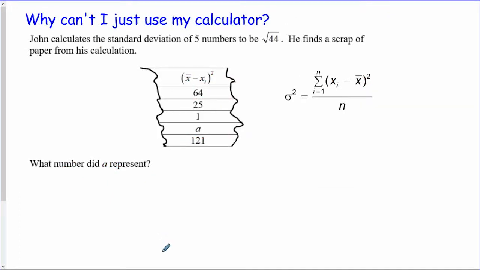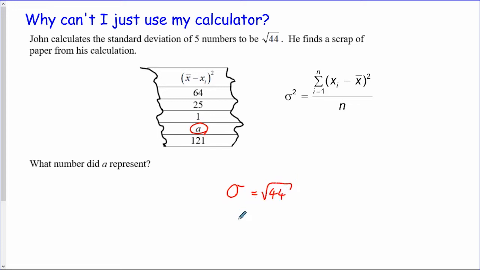Right. So here's an example. We're not given the raw data. John calculates the standard deviation of 5 numbers to be the square root of 44. And he finds a scrap of paper from his calculation. And the question is, what number was here, if these numbers, which we don't actually know the original data, had a standard deviation of the square root of 44, and there were 5 of them. So now remember, if the standard deviation is root 44,